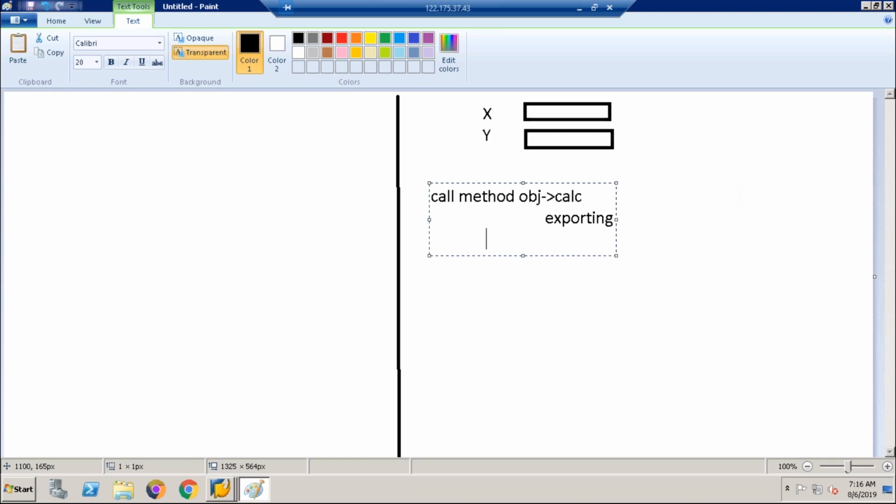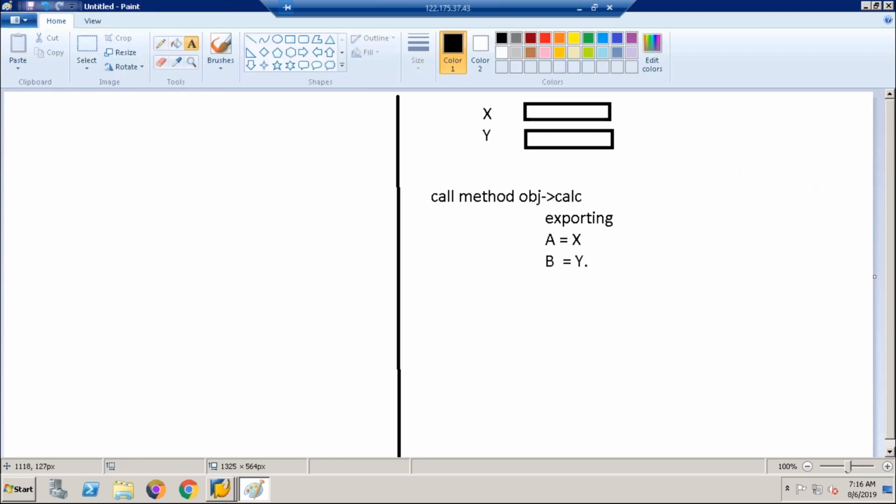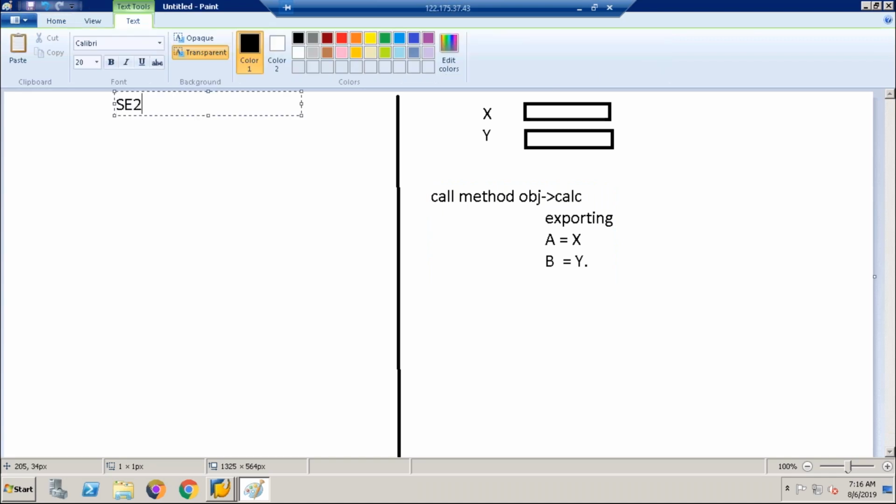Two parameters in SE24. In SE24, they are A. Here it is X we are passing. There it is B. There we define as B. Here we are passing Y. Simple, guys. Awesome. Now in SE24, in the class builder, we are just writing the implementation section like method calc and endmethod.